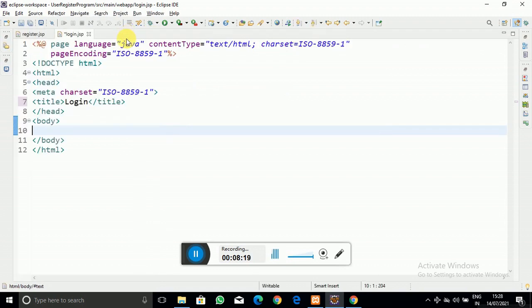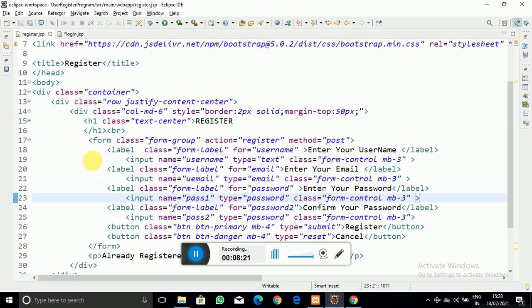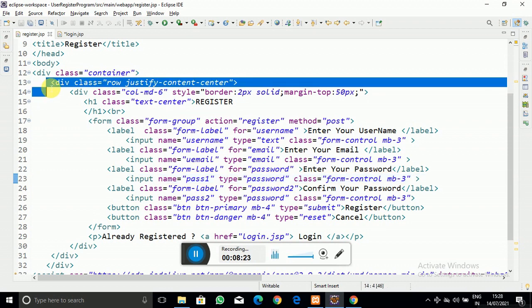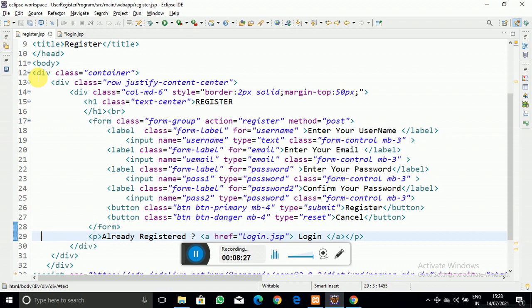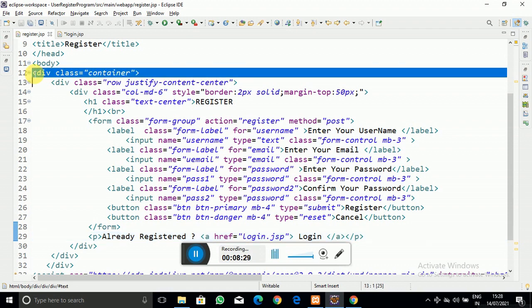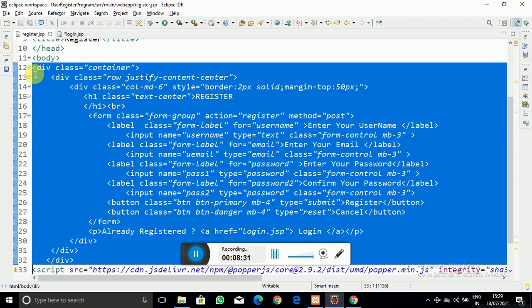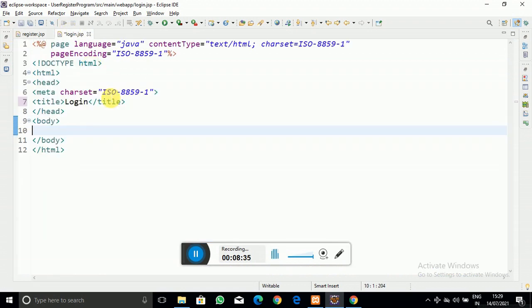As with register.jsp, we require all those things, except that here we require only two fields, that is email ID and the password. So I am quickly going to do that.